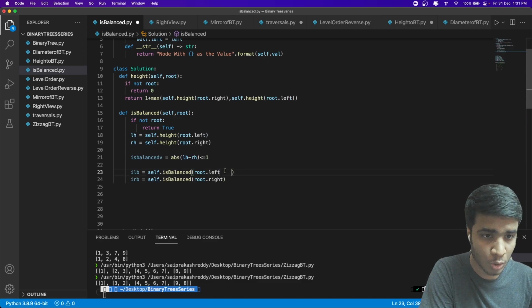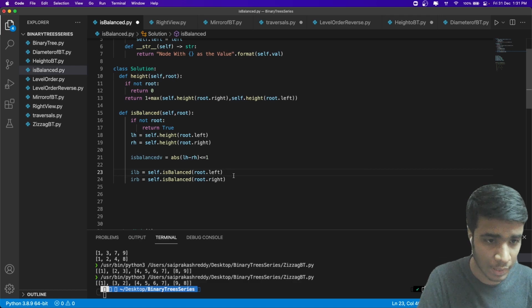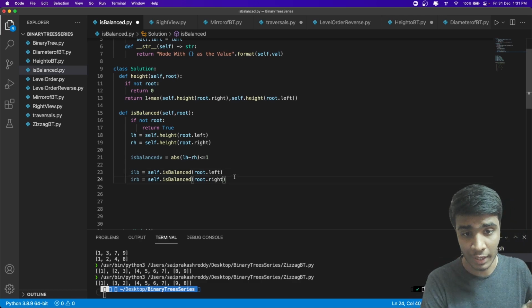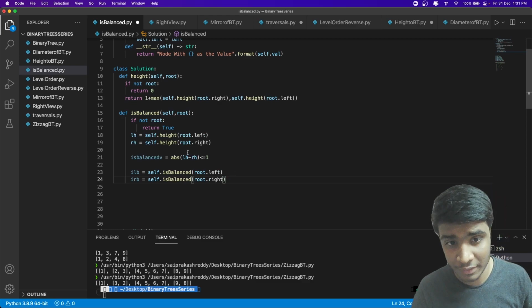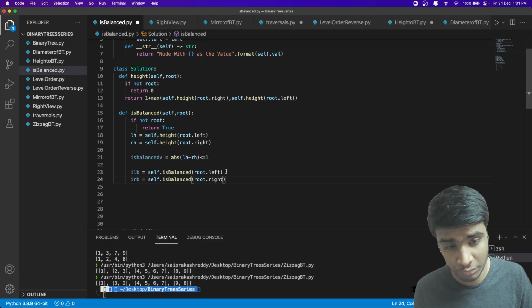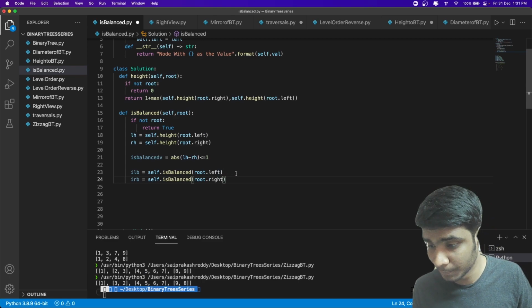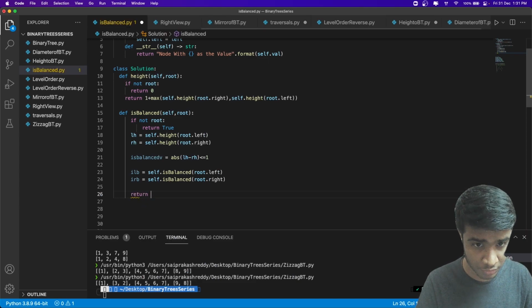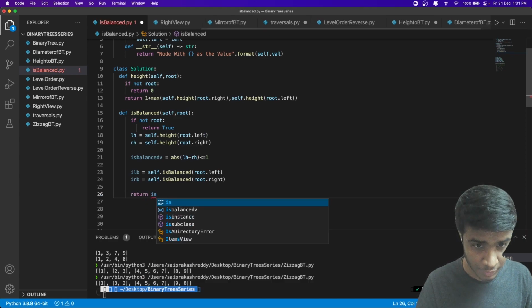Basically what I'm doing here is checking if my left tree is balanced or not. Previously I was just finding the heights to know whether the current node is balanced or not. This is for my subtrees. In the end, our answer is going to be to return the is balanced variable.